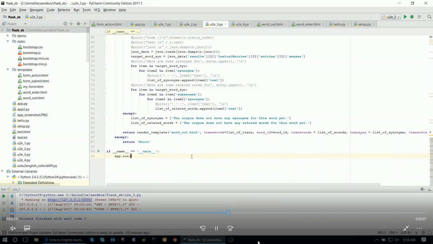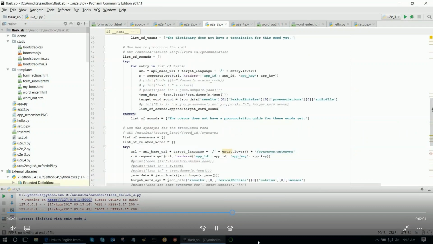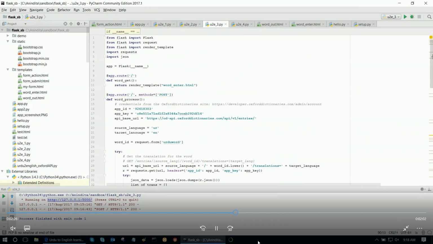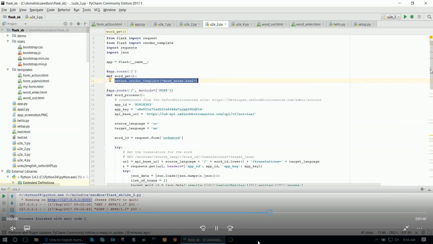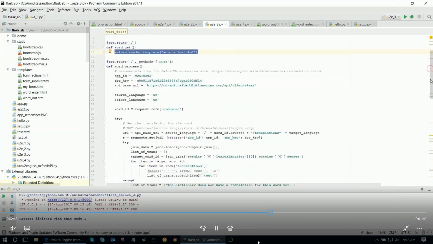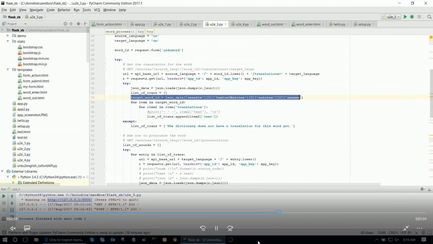So that's how we do it if you want to make this app generally available to the public. And what else? These are the libraries, and I'm using the render template for the web framework. I take an input through HTML, and I also return the output through an HTML file. So that's my input HTML file, and then after I get the input, I pass it on to the API and parse the JSON response